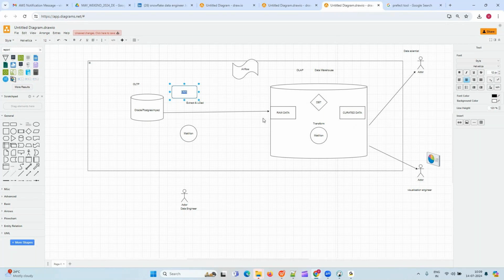Okay, now the second thing is Python. Coming to Python, for DBT, Python is not required. So you don't need to write any Python. It's purely SQL. Okay, I forgot to tell you one more thing.